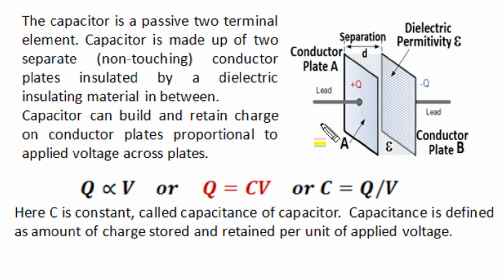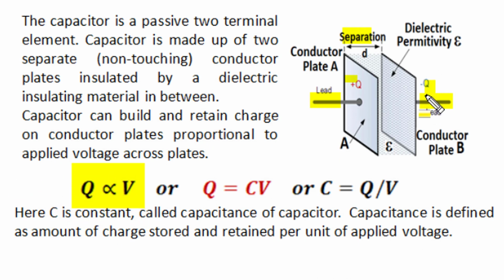Capacitor is a passive two-terminal element. Capacitor is made up of two metallic conductor plates which are separated by an insulating dielectric substance. Now this configuration can build and retain charge when voltage is applied across conductor plates which are separated by dielectric substance, and charge which is built and later on retained when voltage is withdrawn is directly proportional to the voltage